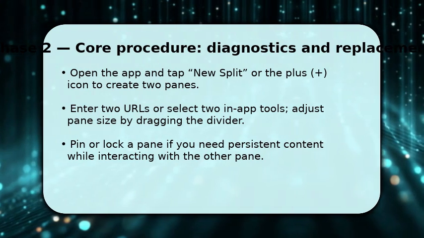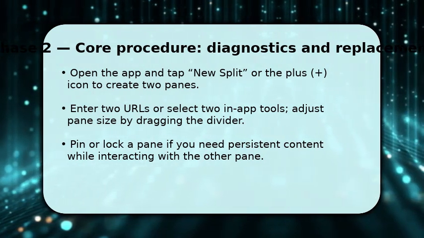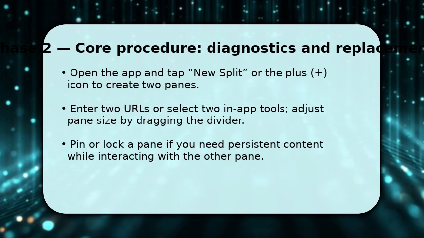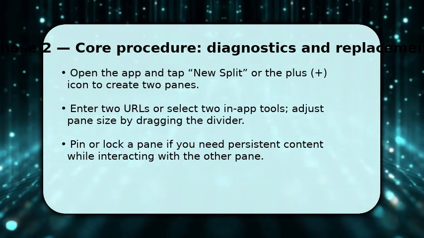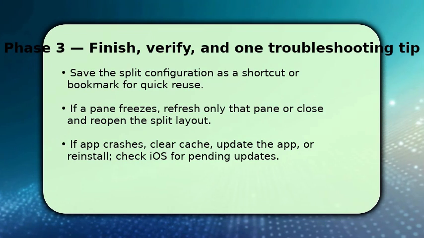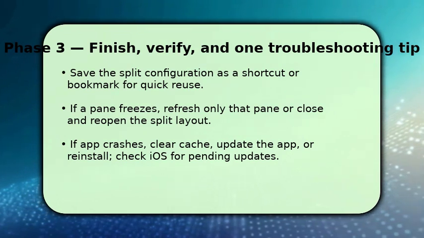Make sure to lock or pin a pane when you want one side to stay static while you scroll the other. This reduces accidental reloads and keeps focus where you need it. To finish, save this layout as a bookmark or shortcut inside the app so you can reopen your 2 panes